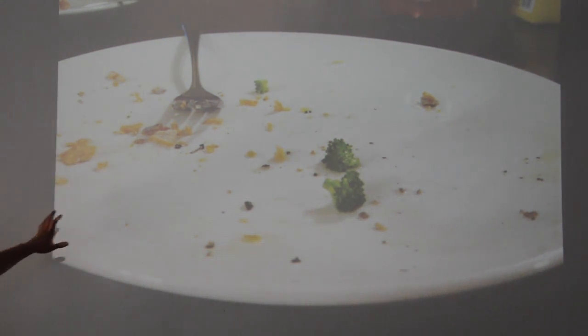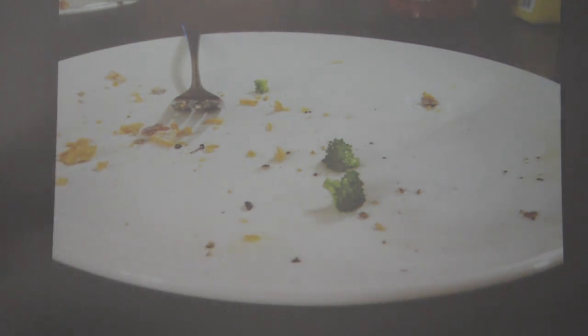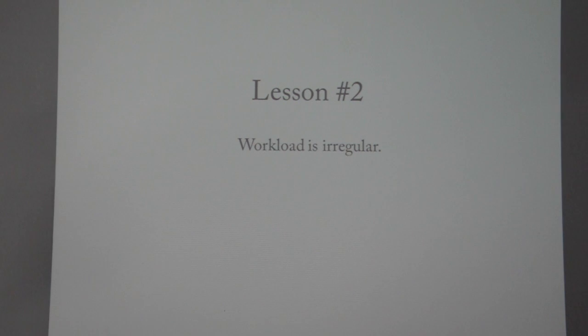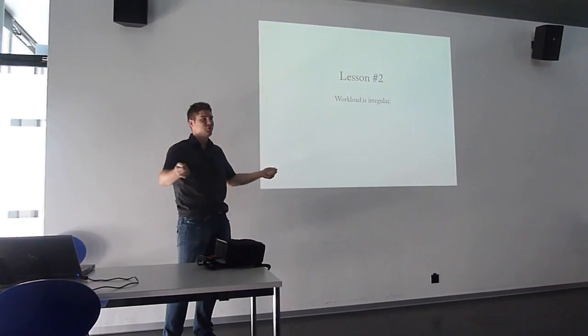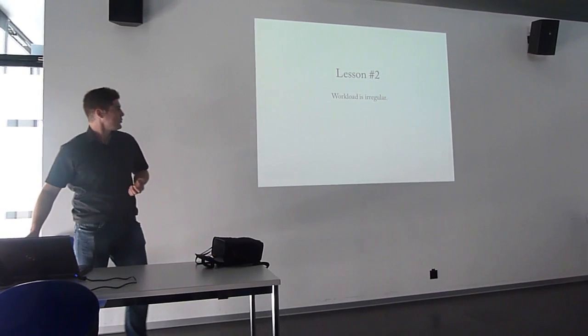What could also have happened is that if you use your IR camera, you might have seen that the plates on the right were actually not so much work. You had to remove a little bit of broccoli and bacon, but you could clean it reasonably easily. Whereas the left guy got this, which is why he was stuck at the first pot. What's the lesson here? The lesson is that workload is irregular. When you're sitting in the dark, you don't see how irregular it is. If you just divide these plates between 2 people, you don't know what quantity of work you've given to each of them.